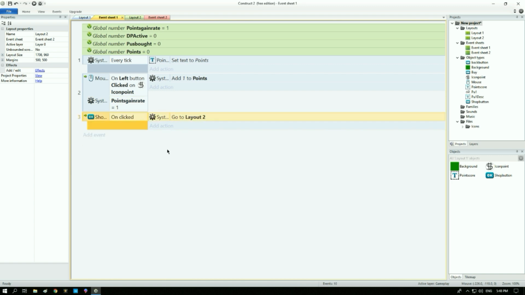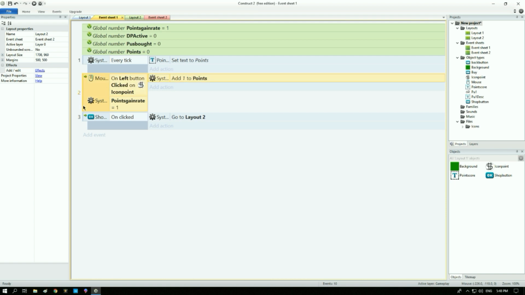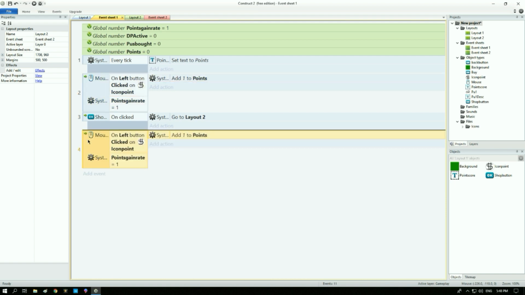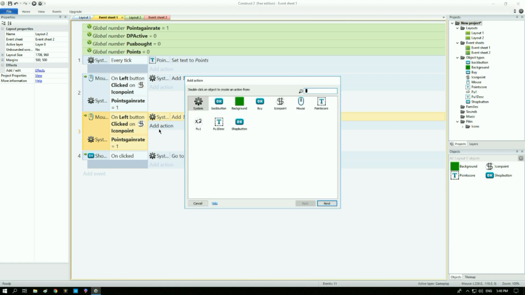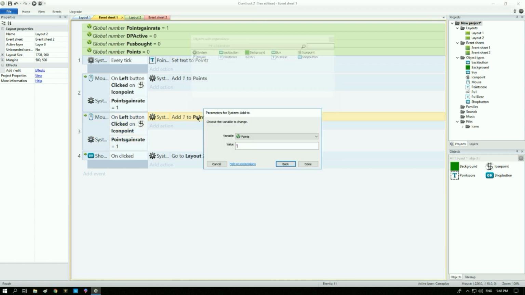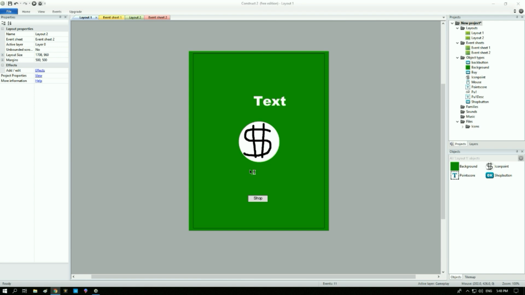Now, this will determine when we click the button and points gain rate is equal to 1, it will add 1 point. However, if we copy this entire event and move it here and add an action, we now want our action, we now set points to 2 if our point gain rate is greater than 1. If we now run our layout,